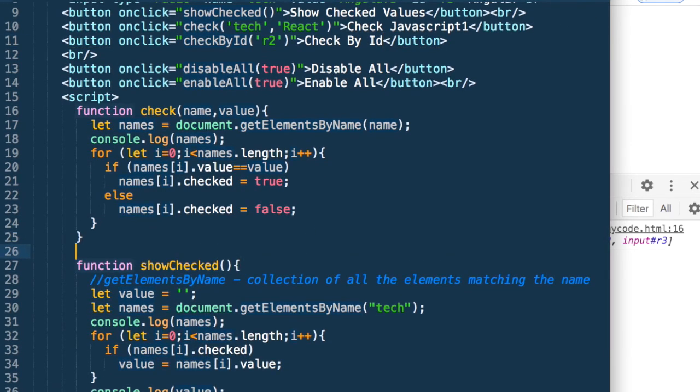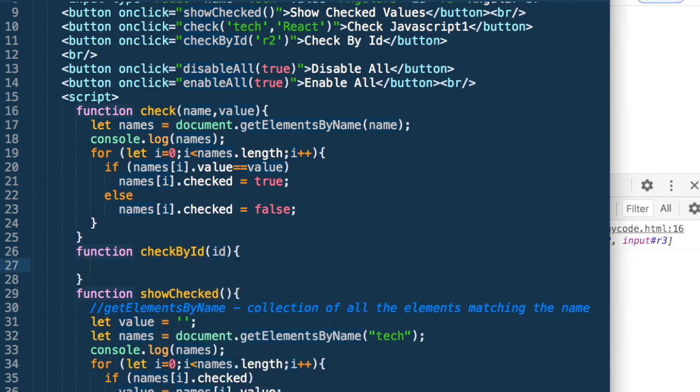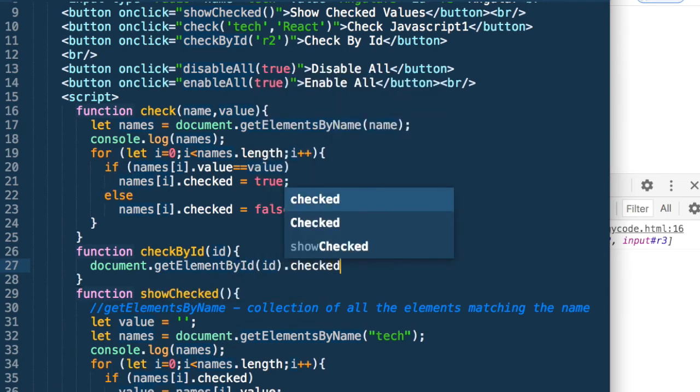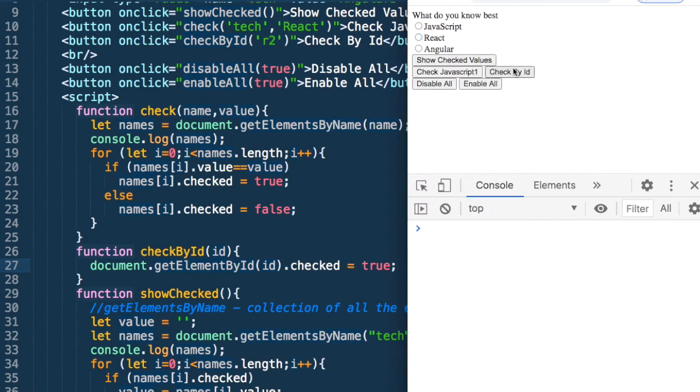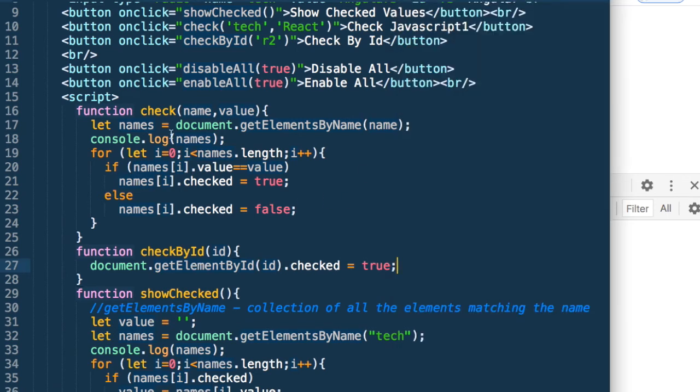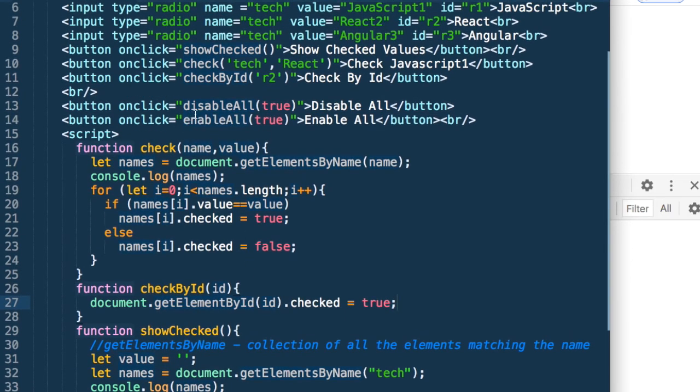So we could have just said function checkById, and we could have just said document.getElementById(...).checked = true. That should work. Let's check it. So if I now click check by ID, you can see React has been checked. So given the name and the value, we could have done it this way, or given the ID, we could have checked it.